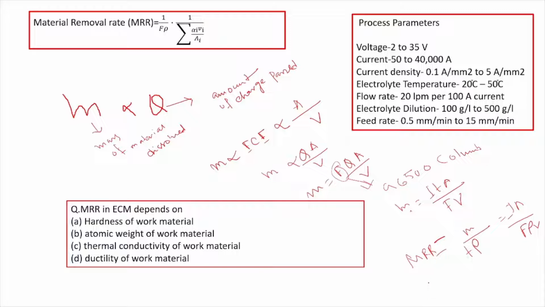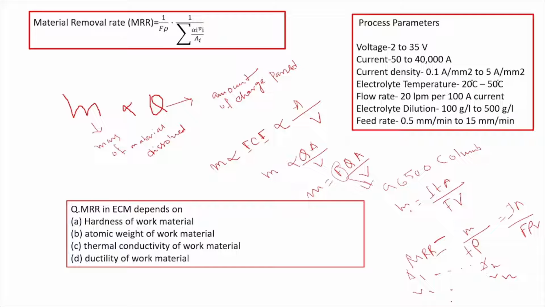So we have to keep in mind the atomic weight of every material, say atomic weights A1, A2, up to An, and if the valencies are V1 to Vn,